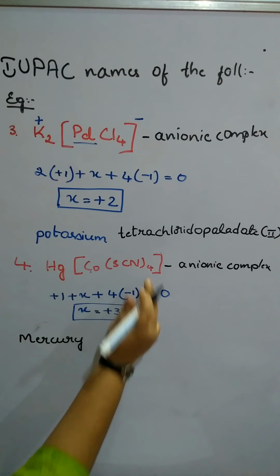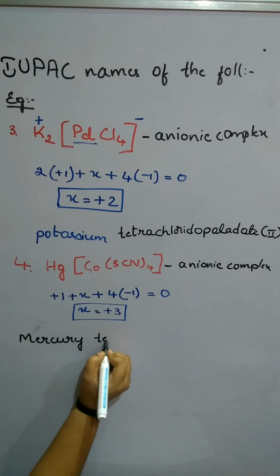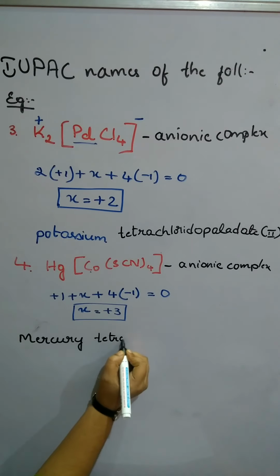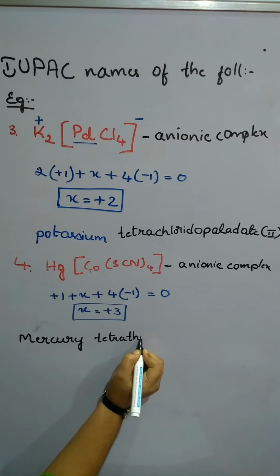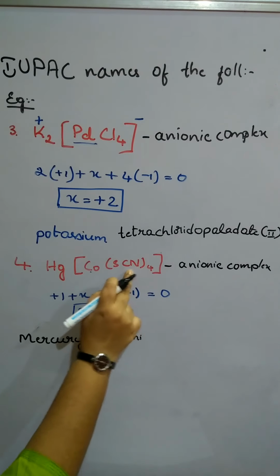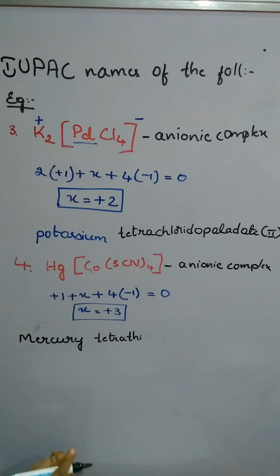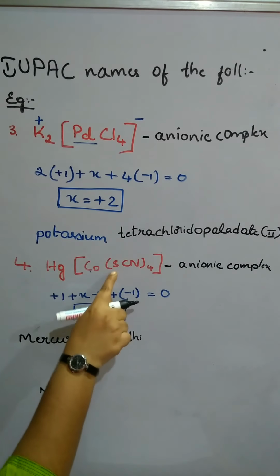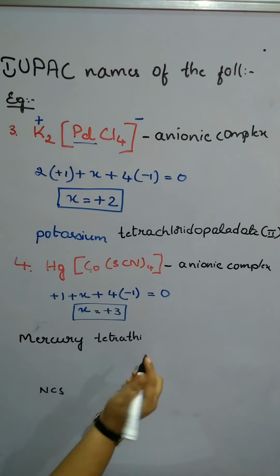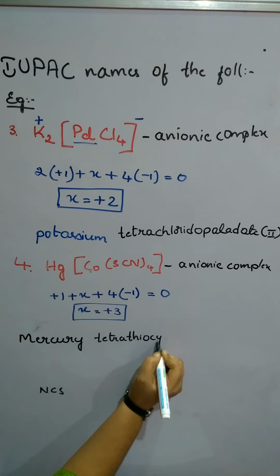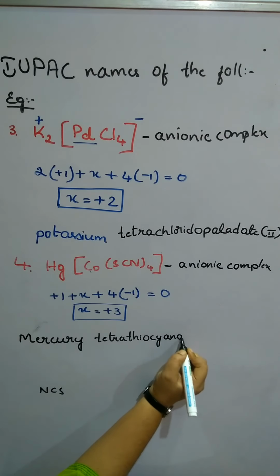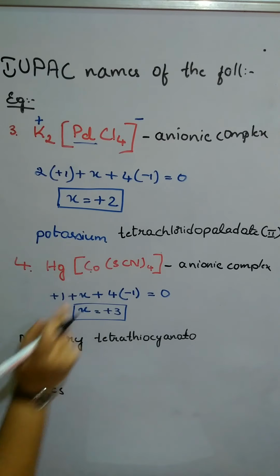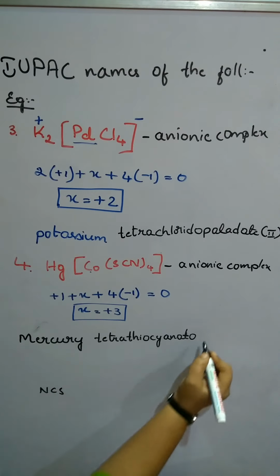After that, we have numerical prefix, that is tetra, thiocyanato. So SCN minus is thiocyanato. If it is NCS, it is isothiocyanato. Since it is SCN, thiocyanato,